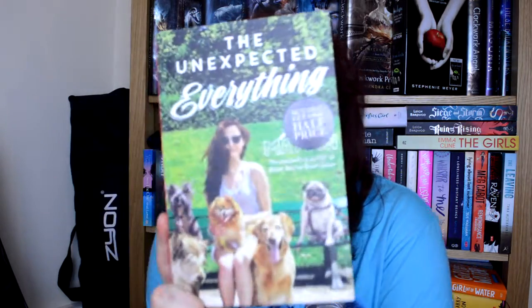This is her new book, it's a new release. I love the cover to this. I just think it's so summery. I love all the dogs, especially the pug. I think the pug is awesome, especially when he's just sat on the bench there. I think that's great. But this is about Andy, and they end up walking an insane amount of dogs, and